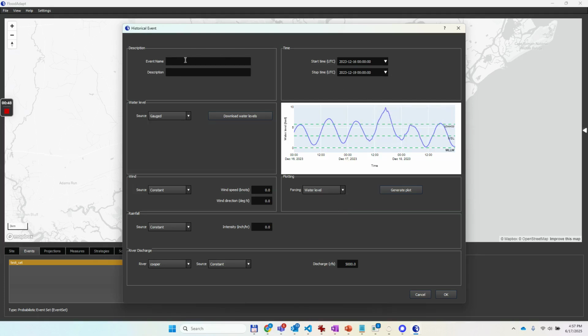And so what I can do is I can give it a name. I'll call it nor'easter. So this is lowercase letters, no special characters. Here I can say nor'easter event from 2023. And basically that's enough. Now these water levels were pulled in automatically because this is a site in the US